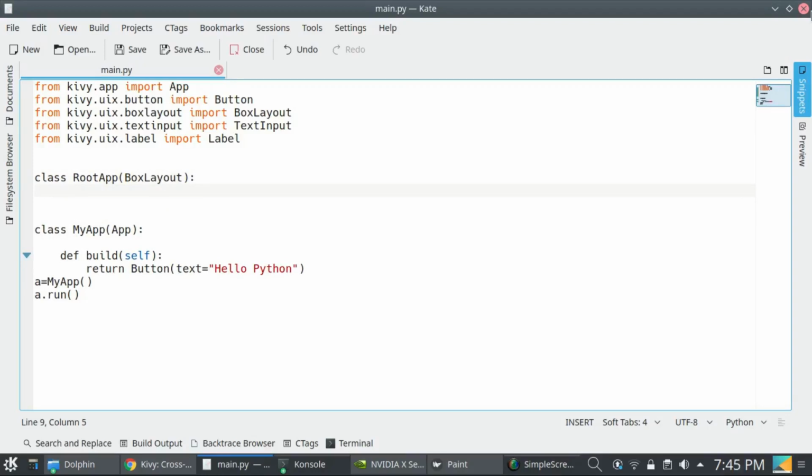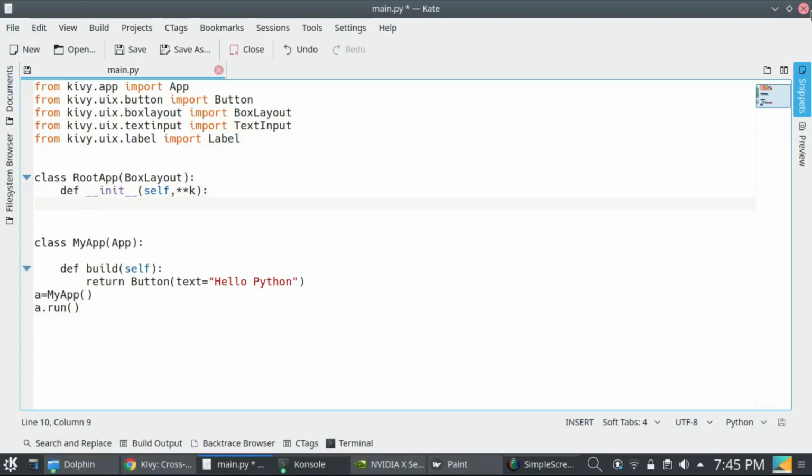Now define an init method, and I am passing double star kwargs, which means I can pass a dictionary here.